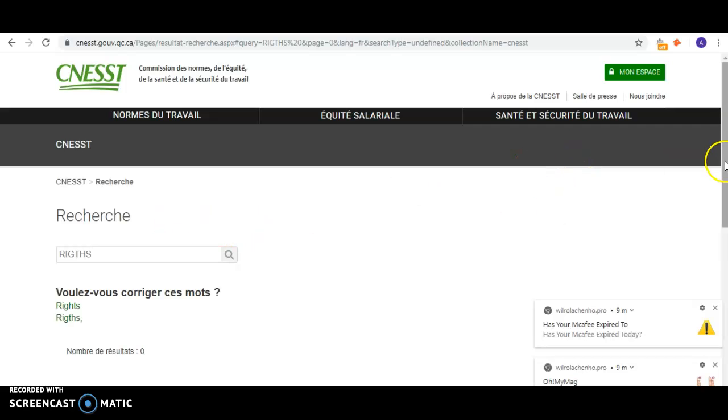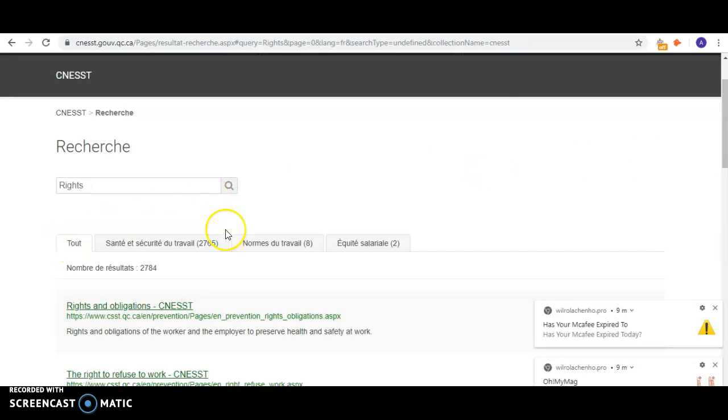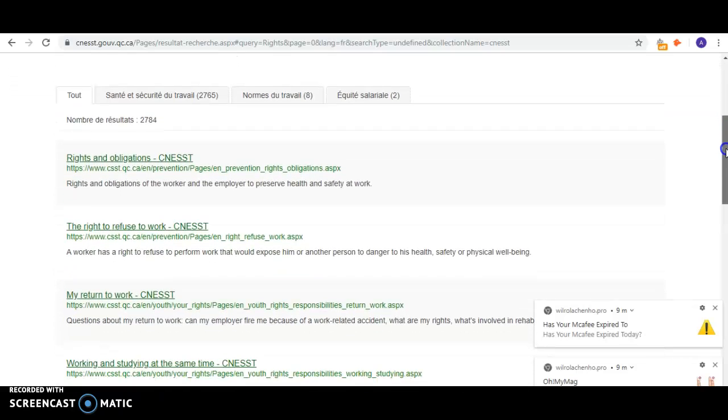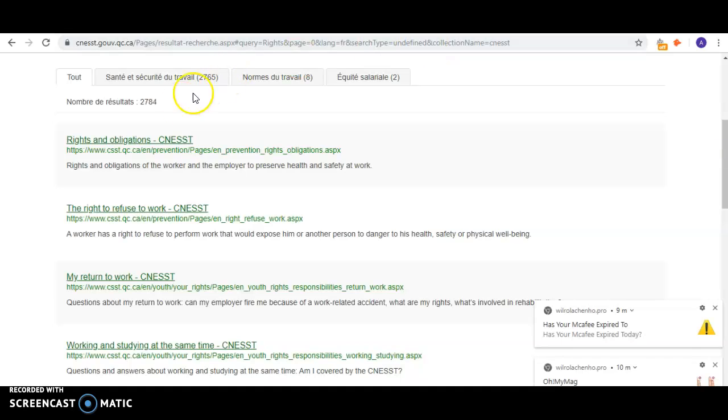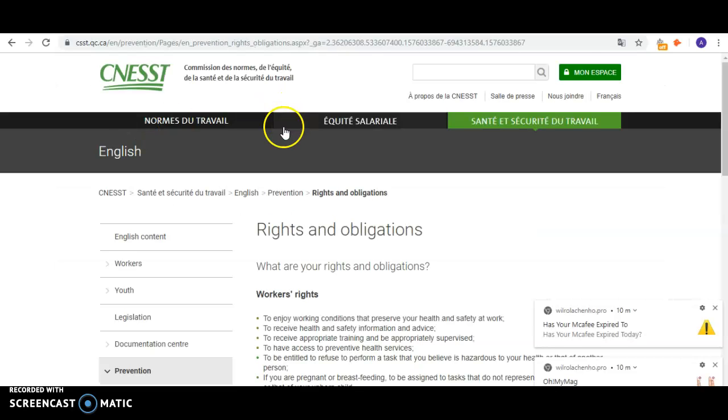So there is the search that the website is rights. So if you go down and we click in the address bar, we can see at the top